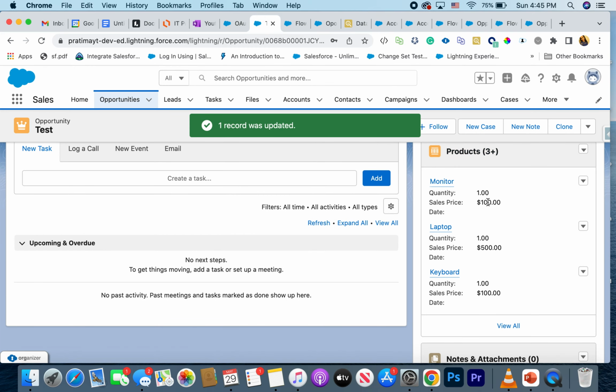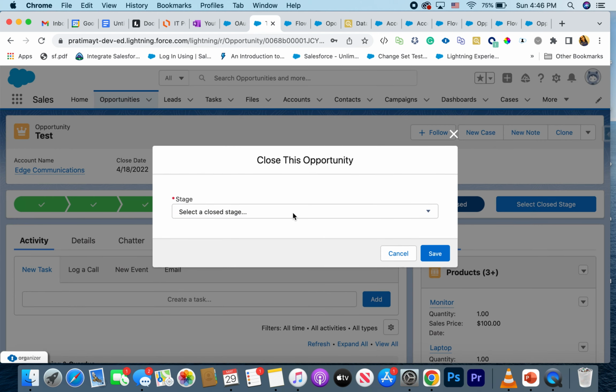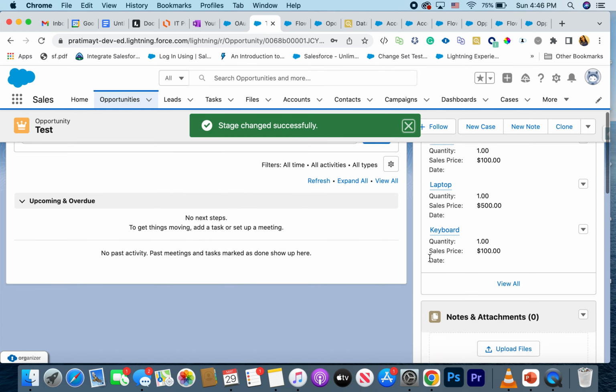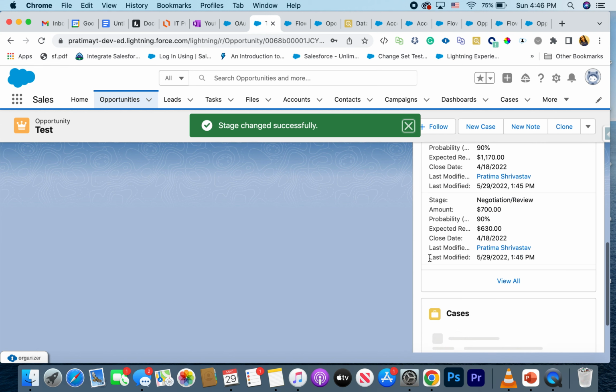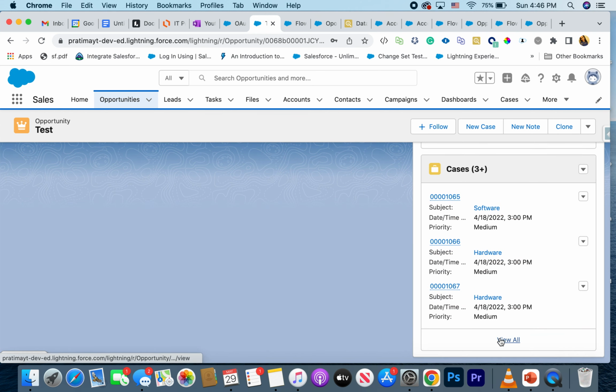So now I have 3 hardware and 1 software. What I'm expecting to happen is it creates me 2 cases, 1 hardware and 1 software, assigned to their specific queues. Let's see. Hit closed, select close stage, closed 1, that's my condition, hit save. Now that should create cases